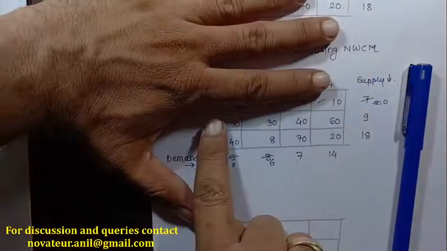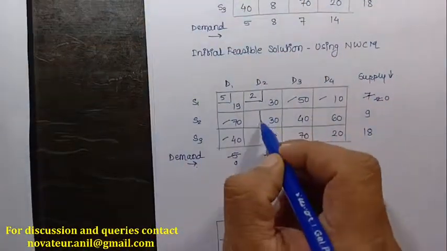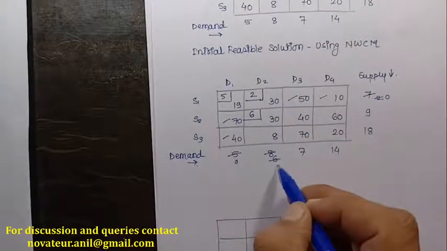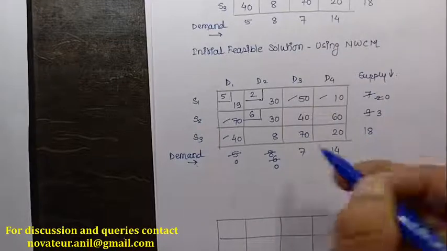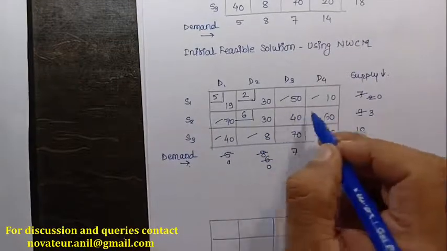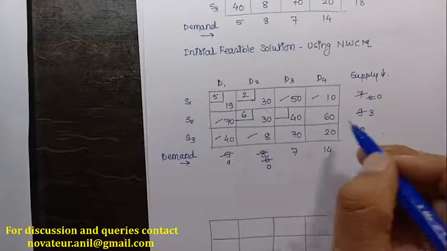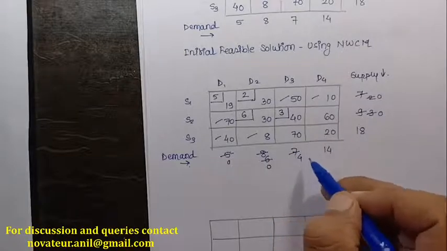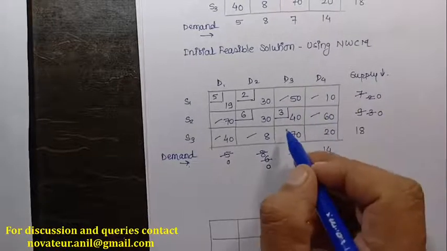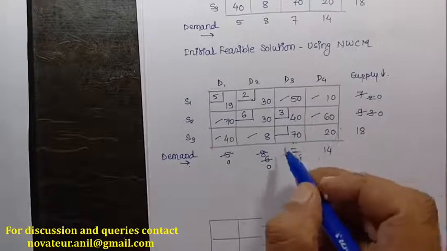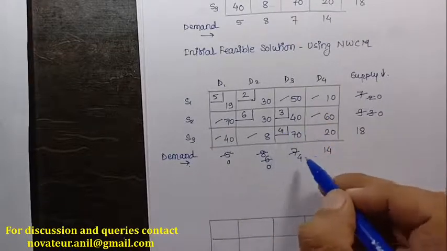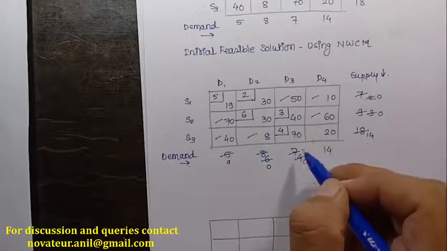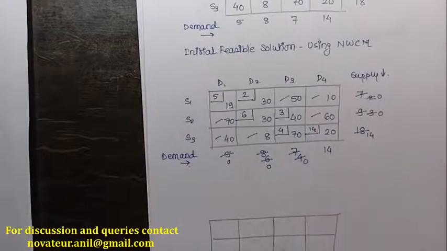Again, this is my new matrix, so 30 becomes my northwest corner. Here I assign the minimum, that is 6, so the remaining is 0 and here the remaining is 3. Again, this is not going to participate further. A 2 by 2 matrix remains. I assign 3 as the minimum, so this becomes 0 and the remaining is 4. This is not going to participate further, and this becomes my northwest corner, so I assign the minimum, that is 4. This becomes 0 and the outstanding is 14. I assign 14 here.